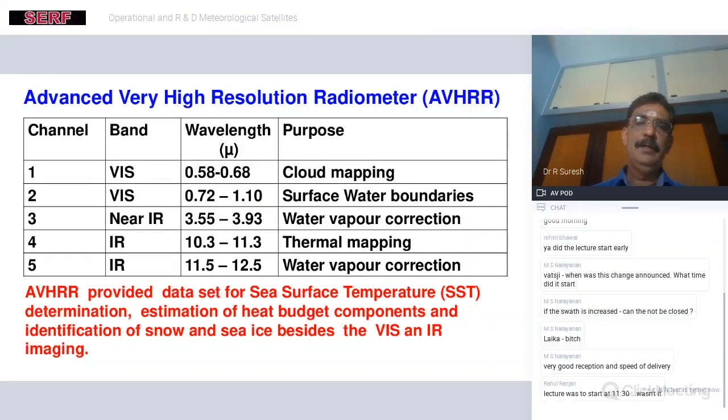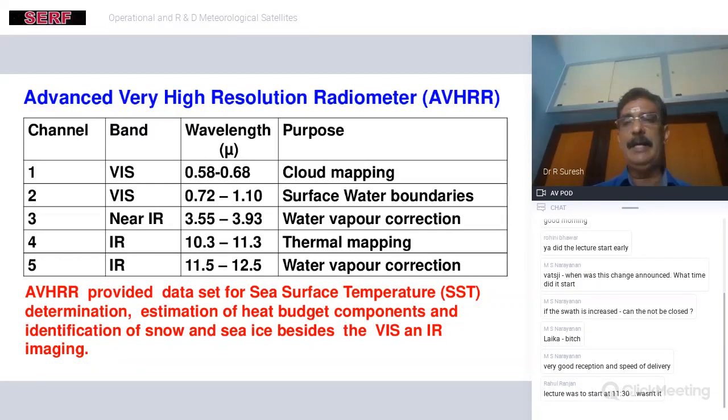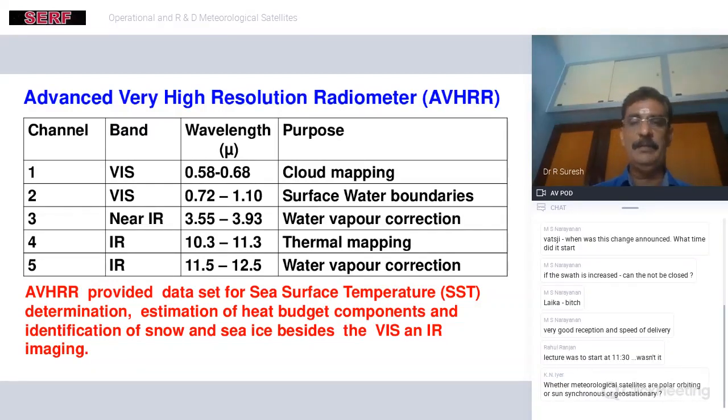The characteristics of AVHRR have been tabulated in this particular table. There are two visible channels, though the second visible channel is just crossing 1 micrometer, which is the IR termination. But it started from 0.72 micrometer, which is why it was still called a visible band. The 0.58 to 0.68 visible band was used for cloud mapping. The cloud pictures will be very crystal clear. I will be showing some pictures in this lecture or in later lectures.